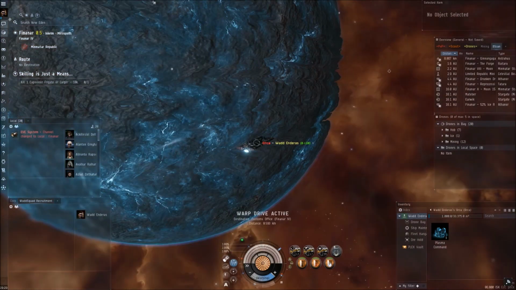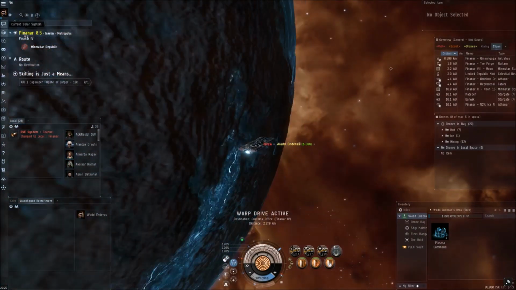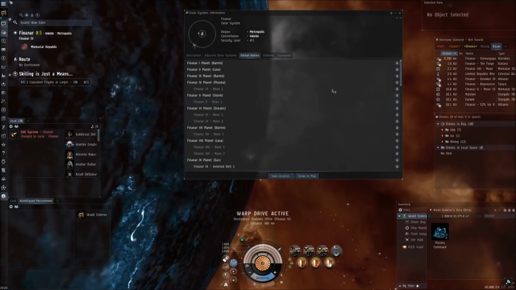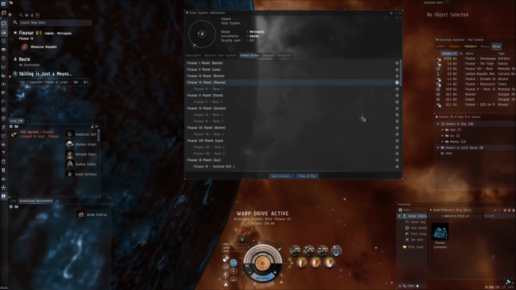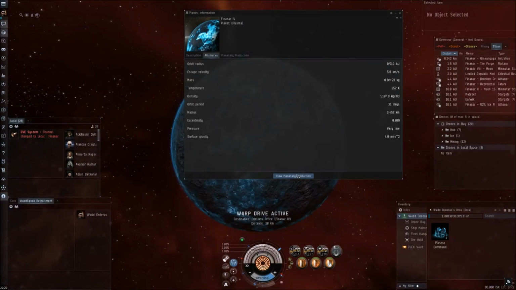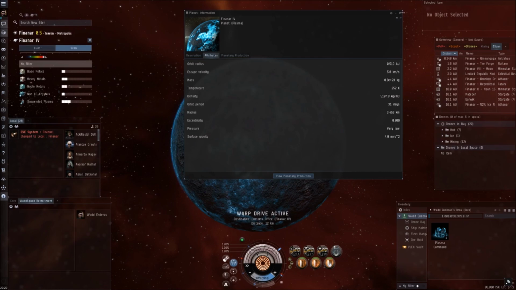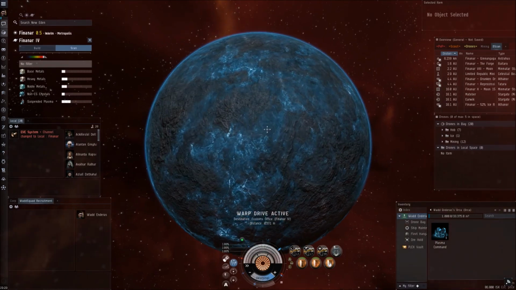And as we do so, we will go back into the Planetary Production view. Alright, now we're in this view. You'll have seen me do it a second ago. But make sure you're on the scan section. So I'll mention the skills as well. So there are a few skills required for